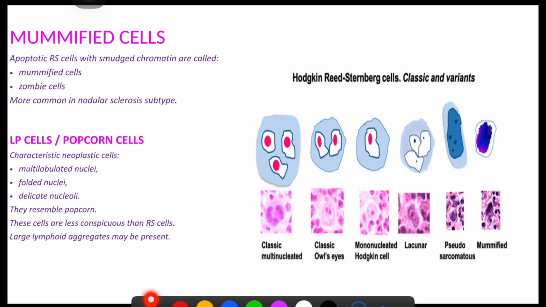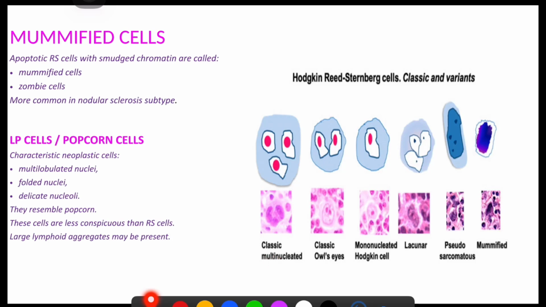Second is popcorn cells, where it is having multilobated nuclei, folded nuclei, and having delicate nucleoli and resemble popcorn-like appearance. And these cells are less conspicuous than RS cells, and here these are different variants, like one is classic